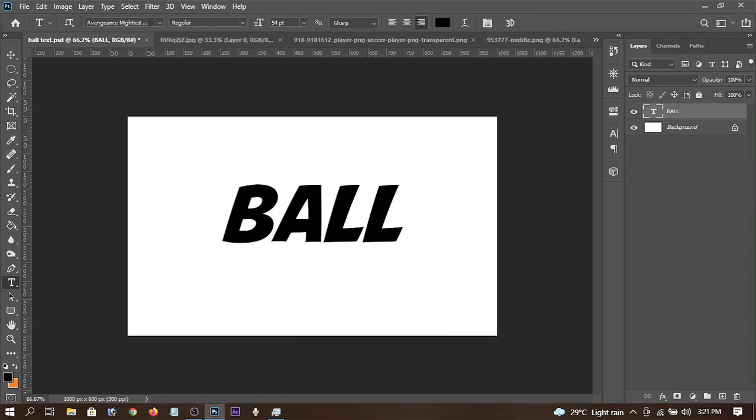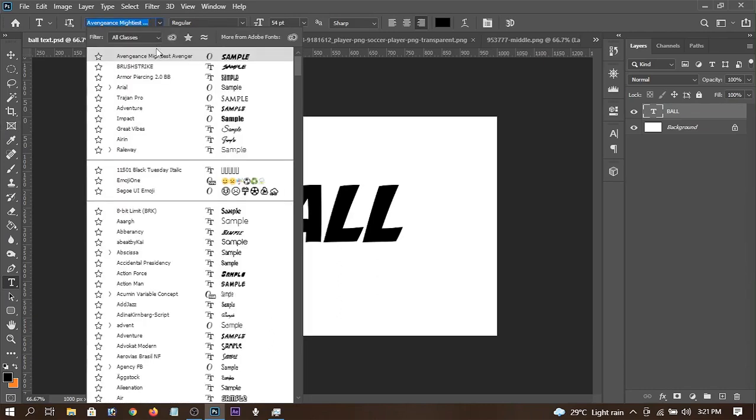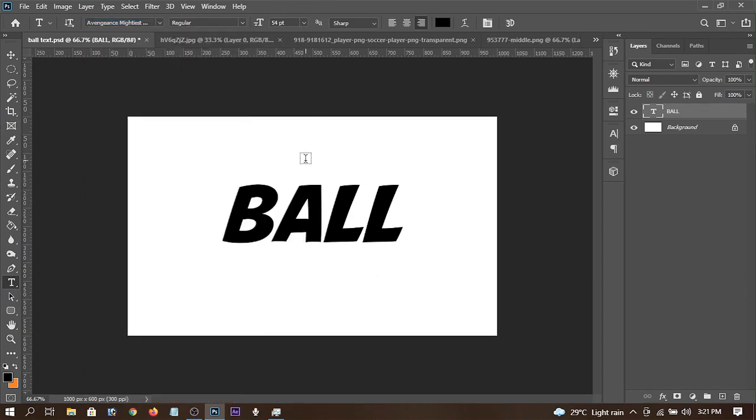First off, you can see that the font is Avengers Mightiest Avenger. That's a free font on 101fonts.com. That's where I download most of my fonts. Shout out to them. Okay, having written the text,